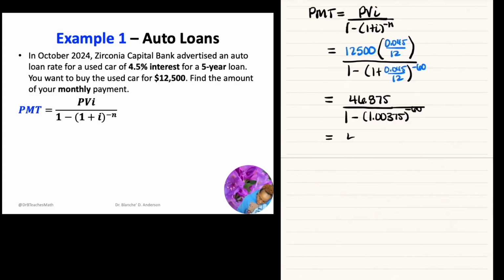Now in your calculator, do this first, 1.00375 to the negative 60, and make sure that I wrote that right, to the negative 60. There we go. And then take 1 from that. So you're going to do this first, and then you're going to subtract 1. When you do that, you should get